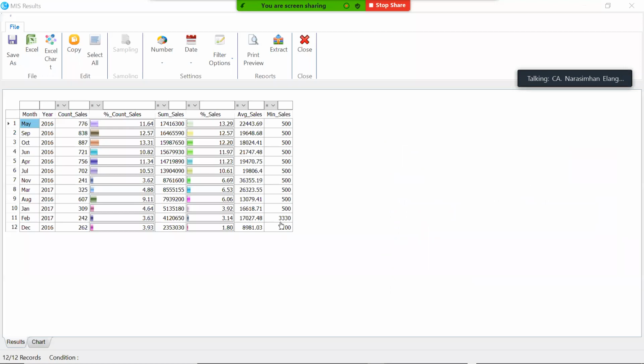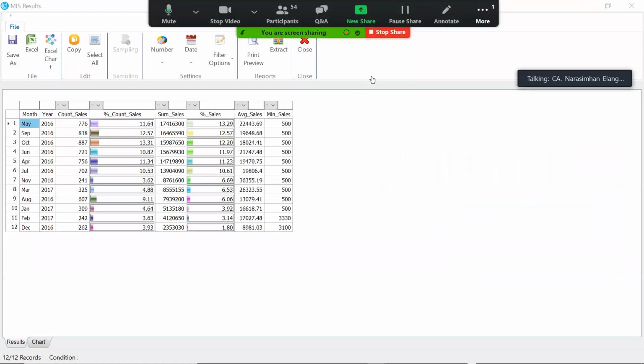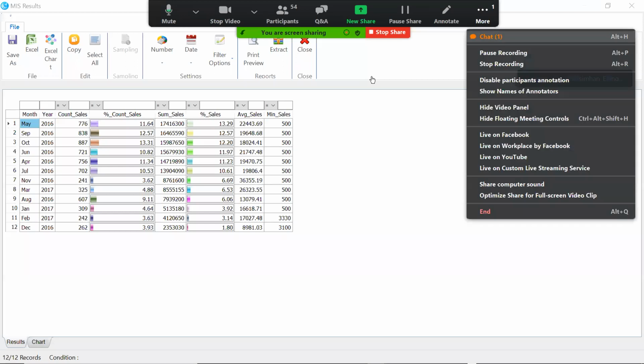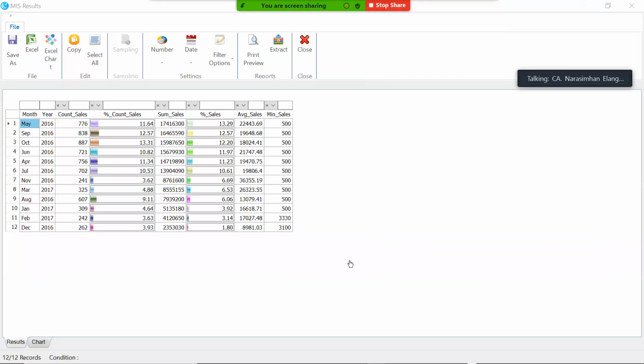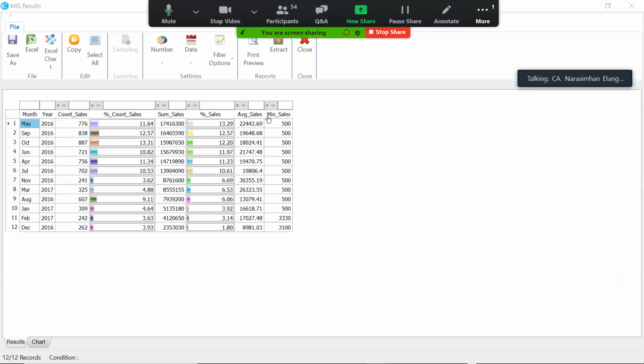So you want the sales to be summarized based on every 5 days. Every 5 days, how much is the sales? Like a running balance or a cumulative average, and you can do some stratifying based on that, etc. You can ignore that. Let's do one at a time. Let's not pick up everything. Now, don't you think there's a very quick info? You get to know that minimum sales in this period was so much, maximum sales, I don't think is displayed here. Okay. Average sales is displayed, percentage sales. So you get some idea based on this.